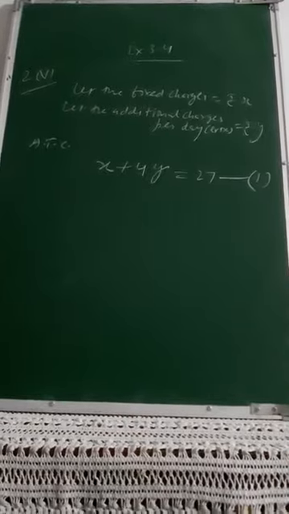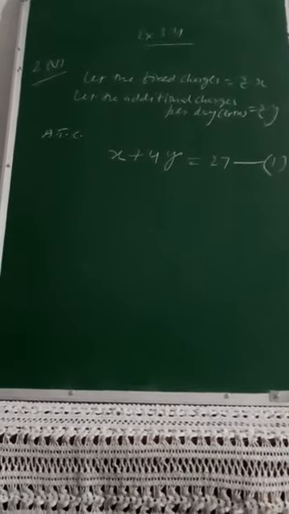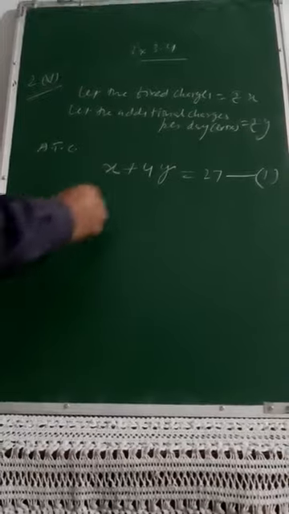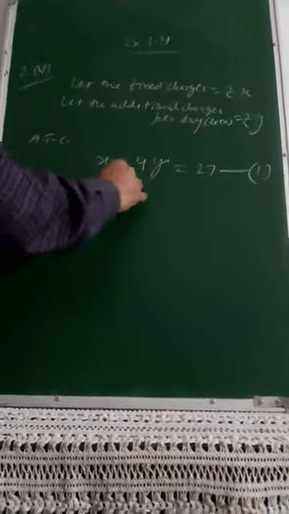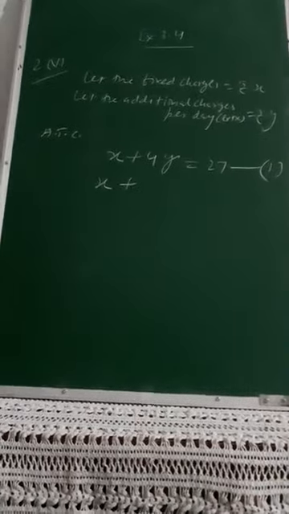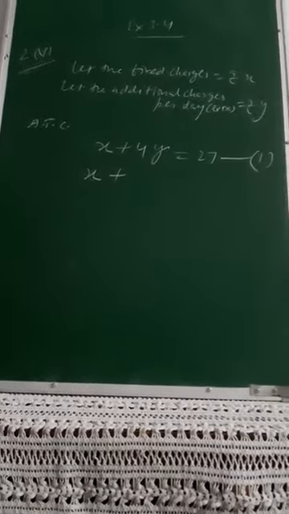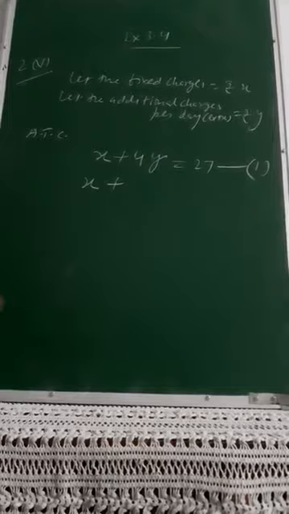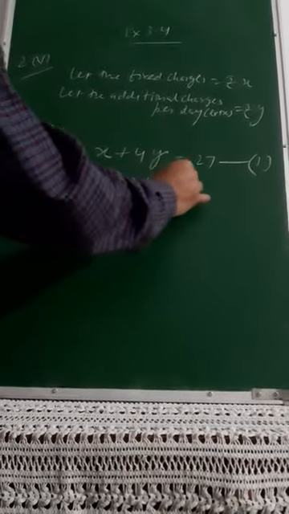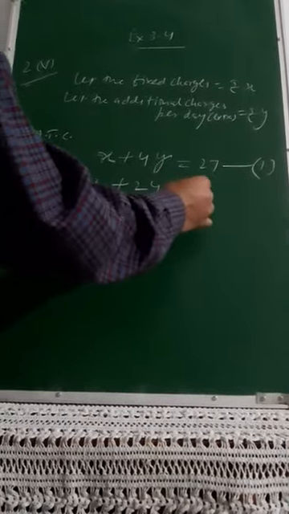Second, Susie paid rupees 21 for a book she kept for 5 days. So for 3 days, fine. So she kept it for how many extra days? Now 3 days means 2 days extra. For 3 days she has paid, remaining days 2. For 2 days she needs to pay, and then she paid rupees 21.